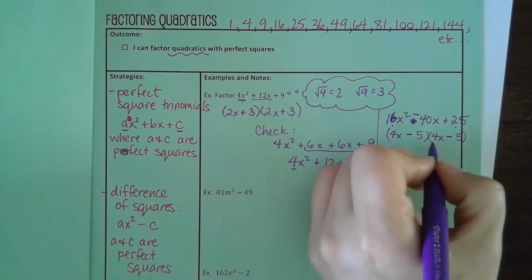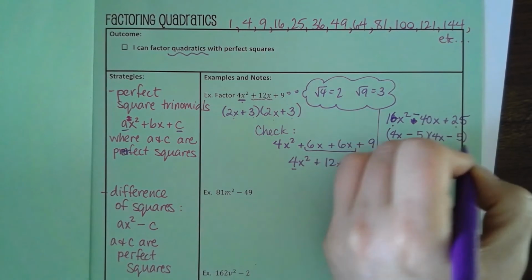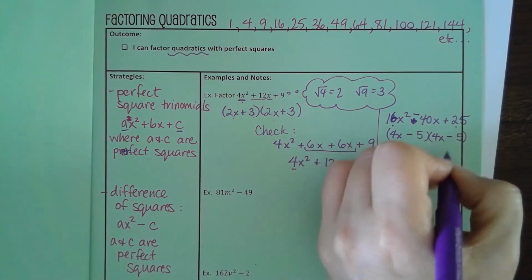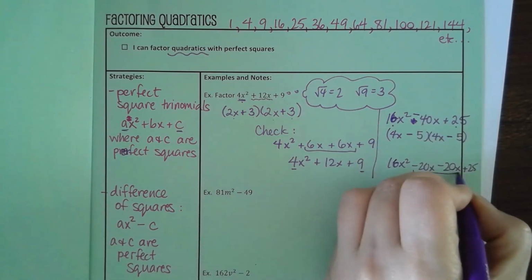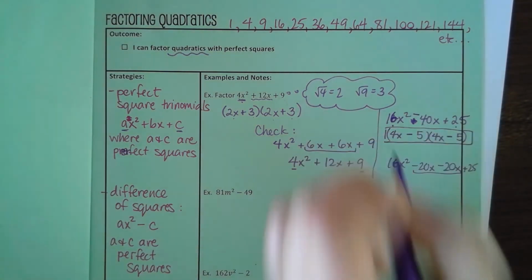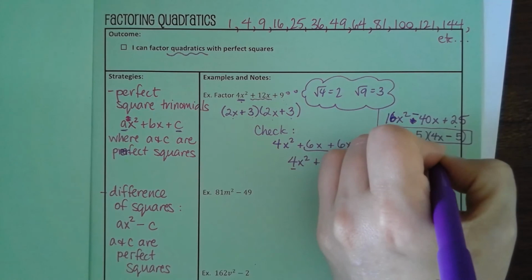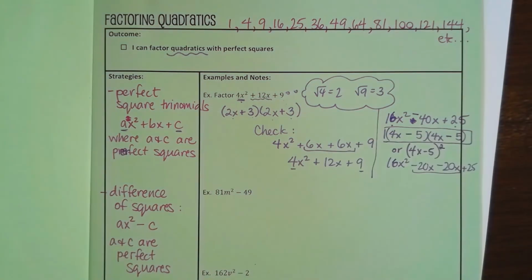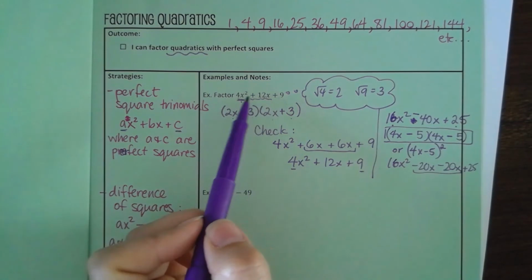It's because 4 times 4 is 16x squared. There's a minus 20x, a minus 20x, and a plus 25. So that's where our minus 40x comes from. So this is our final answer here. If you really want to be fancy, you can write it like that. Okay? So that's how we factor a perfect square trinomial,